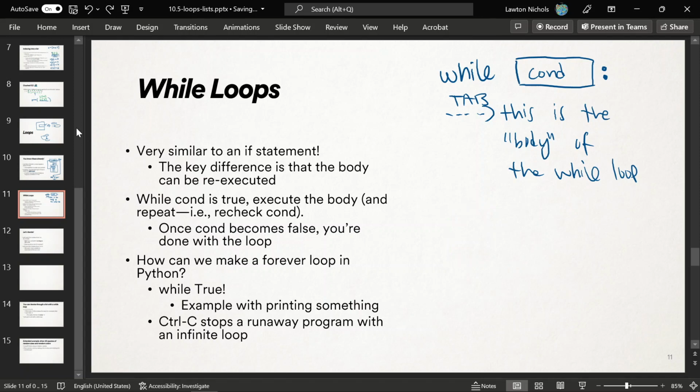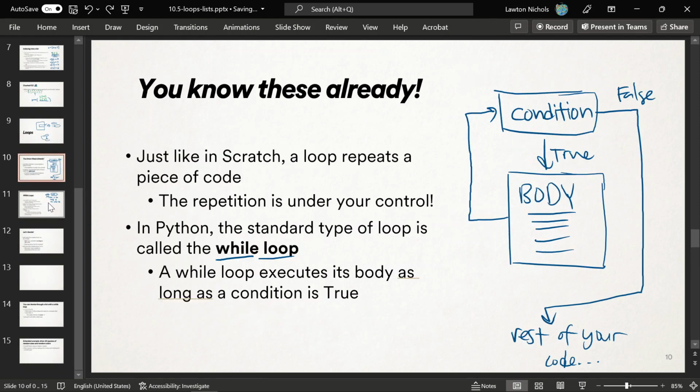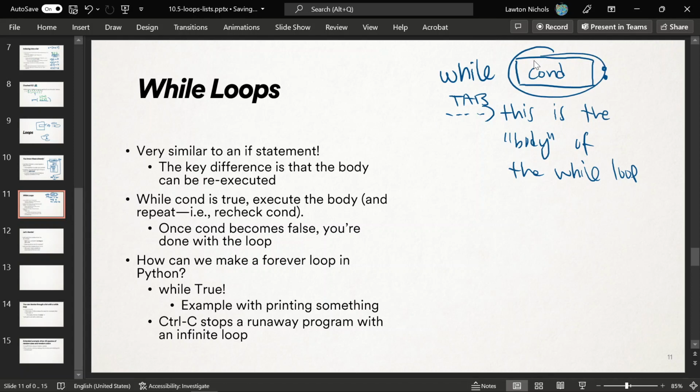And here's how it works. It first tests this condition and sees if it's true. And as long as that condition is true, it executes the body and repeats, rechecking the condition each time before it repeats the body. Okay, and then once this condition evaluates to false, X is no longer greater than 7, for example, then you're finished with the loop. Then it does the rest of the code down here. It's done with its repetition. Okay, so